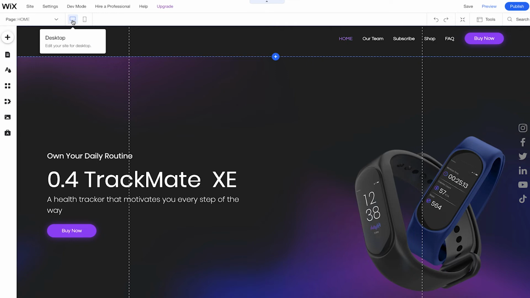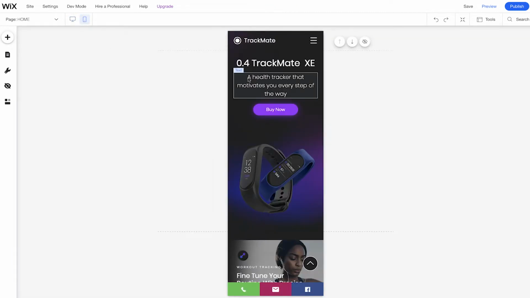I mentioned in the first lesson, we have the desktop icon here on the left, and to the right we can switch to mobile. Let's click it, and we can see the mobile editor has opened. It's really important to remember that if you make changes on desktop, for example, you add an image, you add text, those will appear on the mobile site. However, if you make changes on mobile, it won't affect your desktop. So let's say you remove something or you add something new, you don't have to worry that this will change the way your desktop site looks.